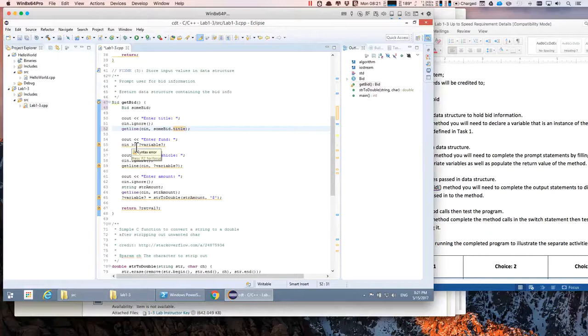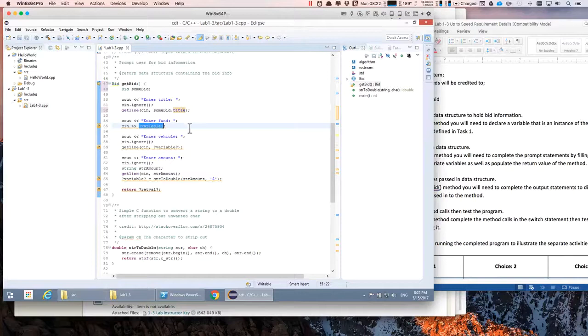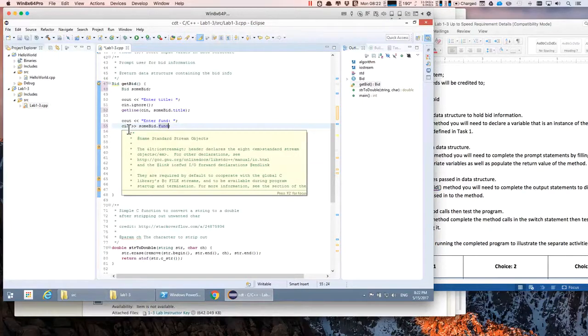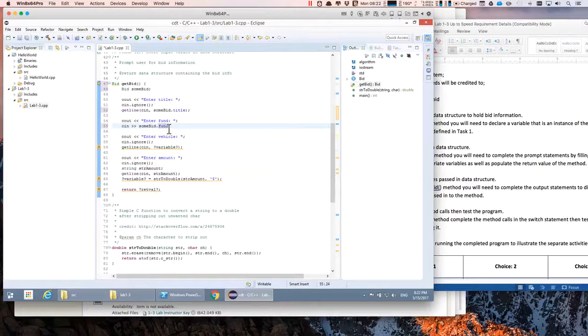And let's see, what do we got here? This one's a little different, and I'll explain why in a second. This one, instead of doing this get line, we're going to just send the input directly into the variable. So this is going to be sum bid dot, and there we go, fund. Now the difference is, this is the simplest one. Cout sends output to the console, cin takes input from the console or the keyboard